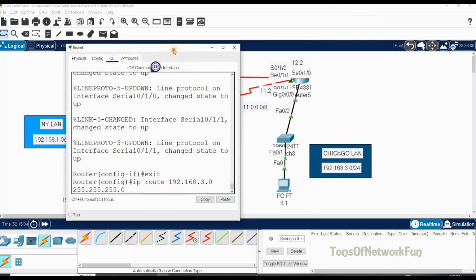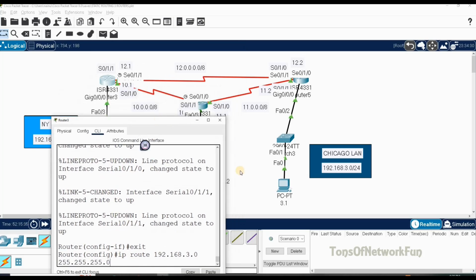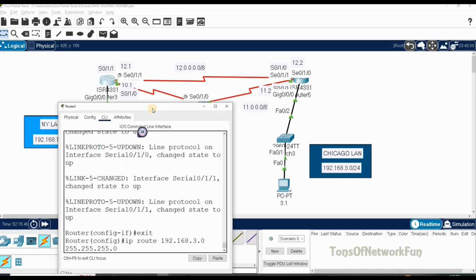Now, to get to the 192.168.3 network, the next hop address is going to be 12.0.0.2, or we can give the exit interface which is S0/1, or we can do both, but in this case we'll do the next hop address which is